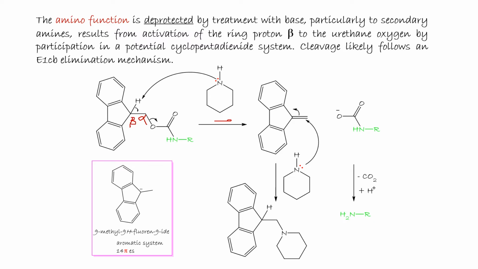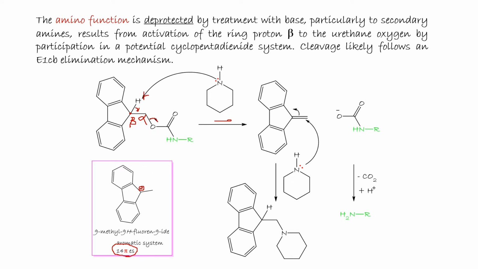This hydrogen is acidic. Deprotonation with a secondary amine led to the formation of a stable anion with 14 pi electrons. This is actually the driving force, the formation of the anion, followed by